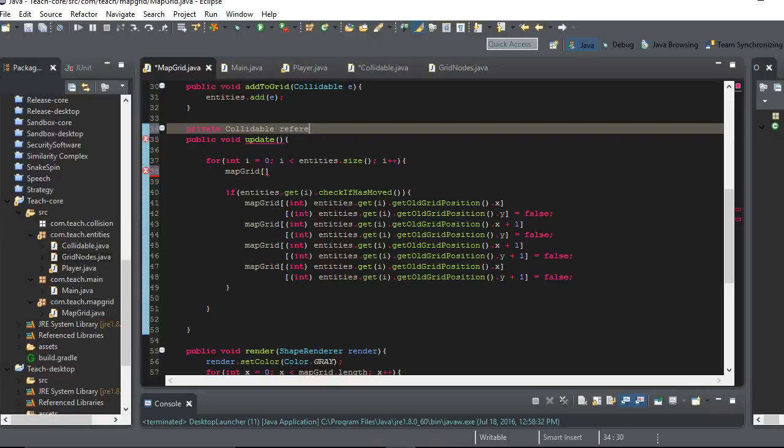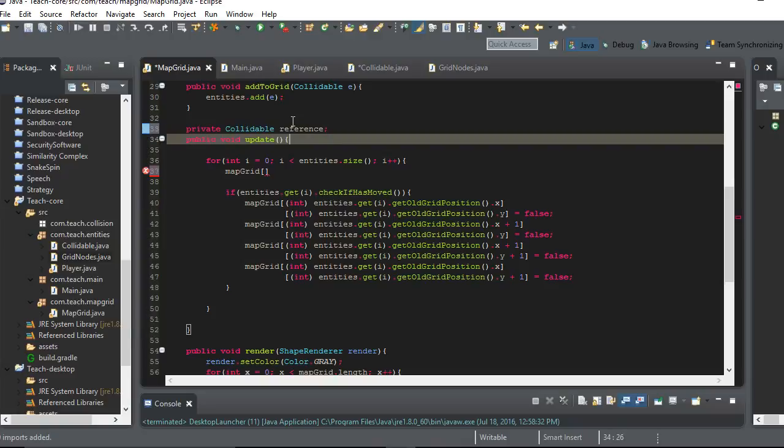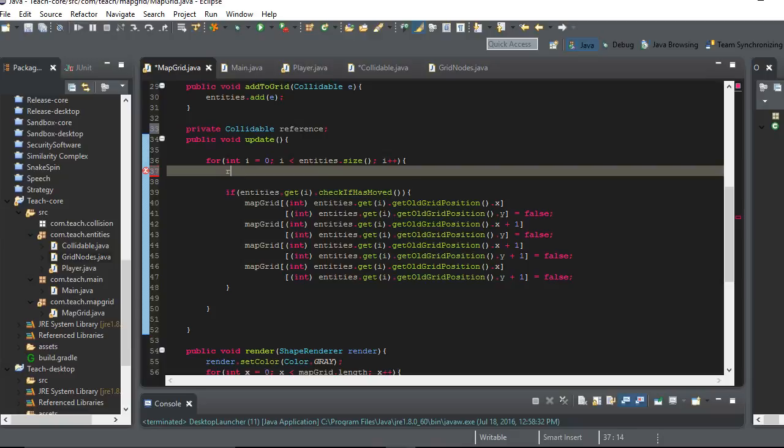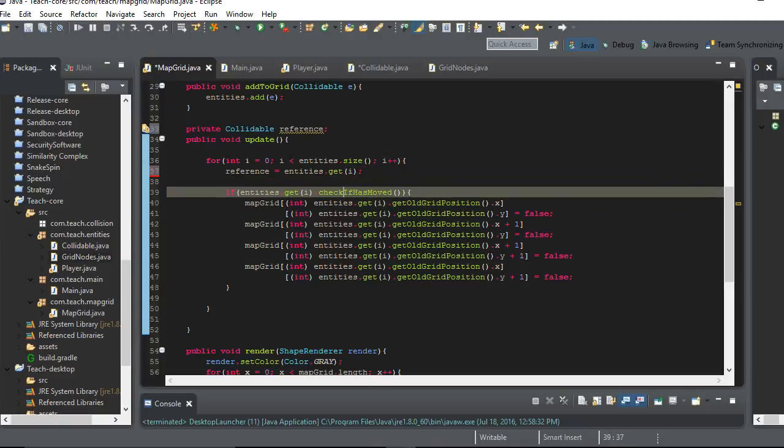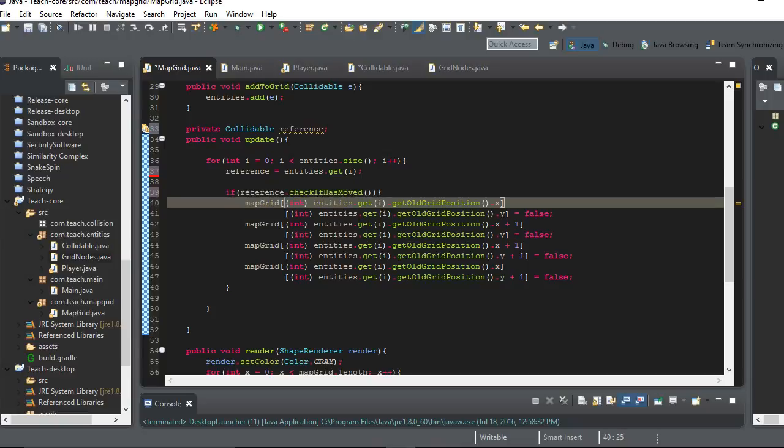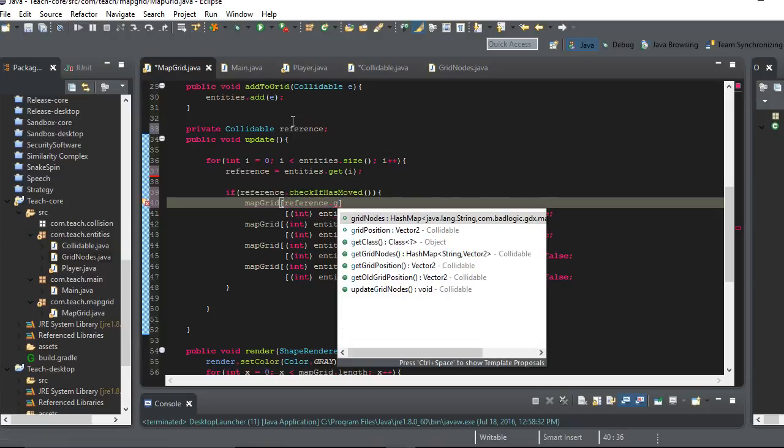We'll call it reference. So we'll set every time reference equal to entities.get(i). So it's still looping through it, but we're just going to make it a little bit less jumbled up. So if mapgrid.get, we don't need to cast it to an int anymore because we did that like 100 times. Reference.get